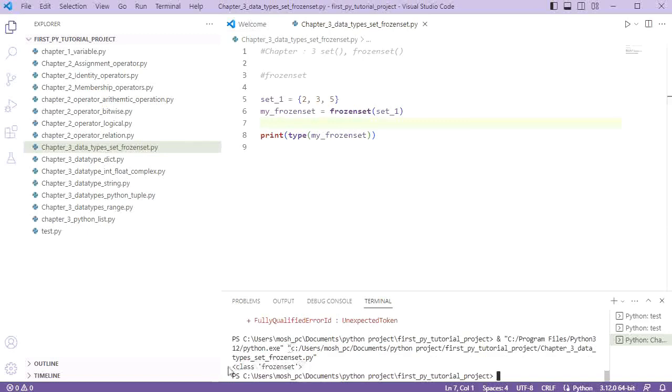It's similar to a set, but it's immutable, but you can use all mathematical set operations like union, intersection, subtraction,